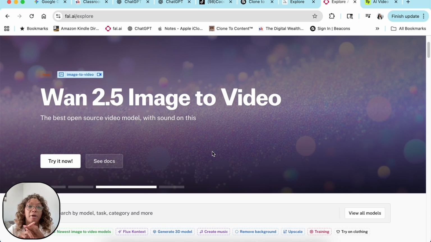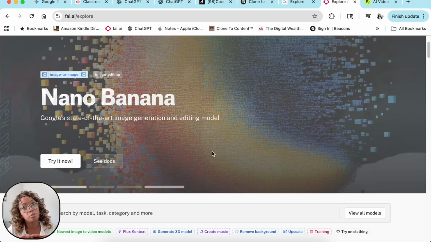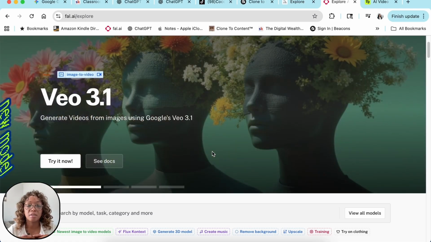It teaches you about Fal.ai, it teaches you about Kling, and it teaches you how to not only make your AI avatar, it also teaches you how to make that avatar speak as well. So that'll be good for people that are in faceless digital marketing or want to get into faceless. I suggest that course to start out if you don't want to go DWA.